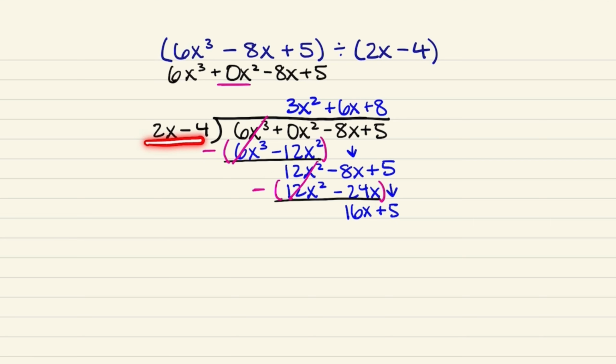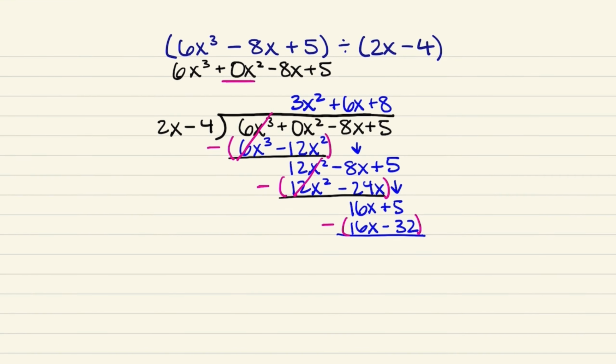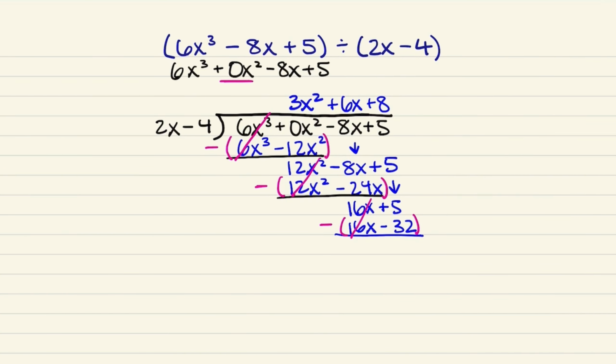Now we multiply 2x minus 4 times 8. 2x times 8 is 16x. Negative 4 times 8 is negative 32. We bring down, we put our parentheses and minus sign. 16x minus 16x is 0, cancels out. 5 minus negative 32 is the same thing as 5 plus 32, which will give us